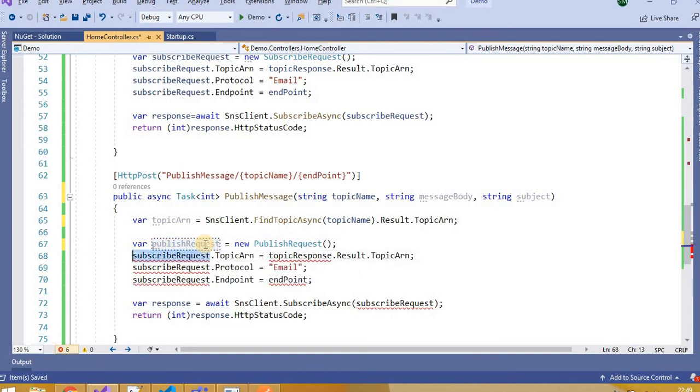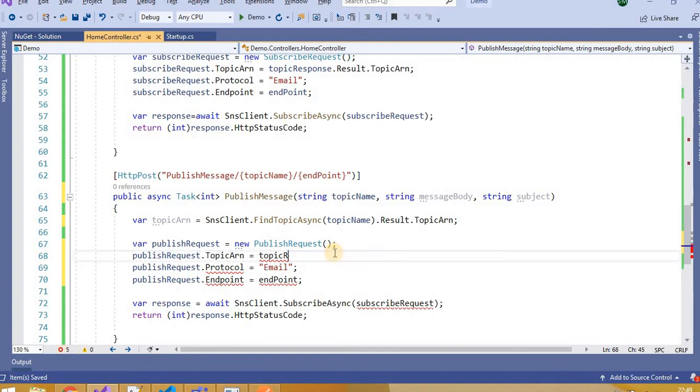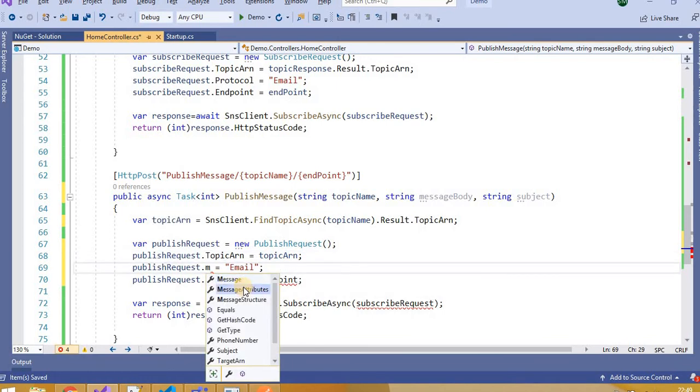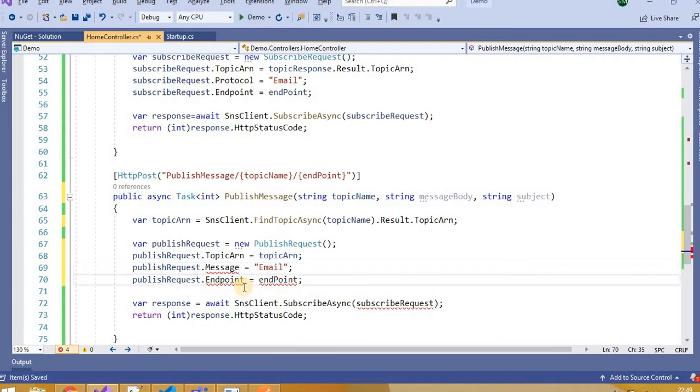There will be very little change to it, otherwise very similar to the subscribe request. Here we need to pass the topic ARN, and after that other properties, like we have message and subject.